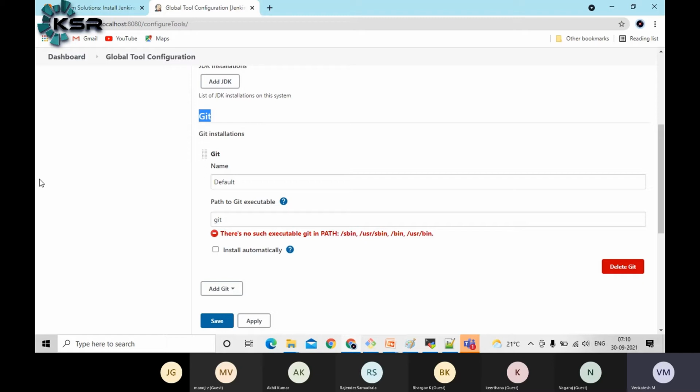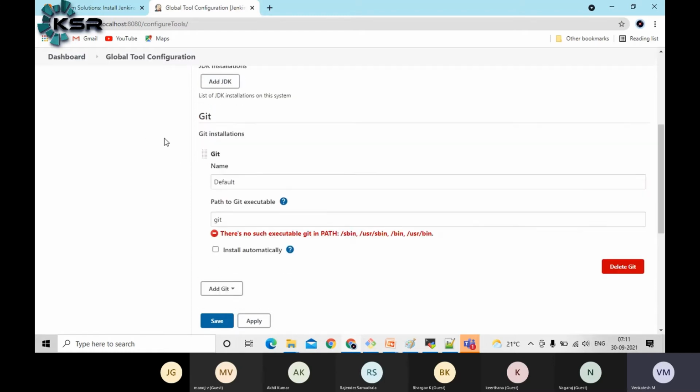Similarly, if your source code management is Bitbucket or GitHub or Azure DevOps also, at that time you should use the Git client. That means the Git client should also be installed in the target machine. Wherever you have hosted the Jenkins, the Git client should also get installed.